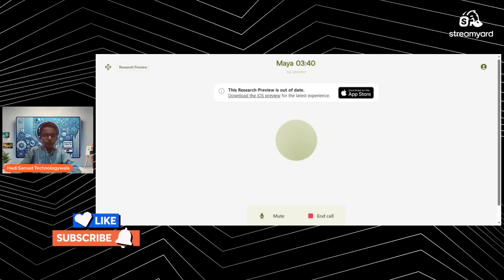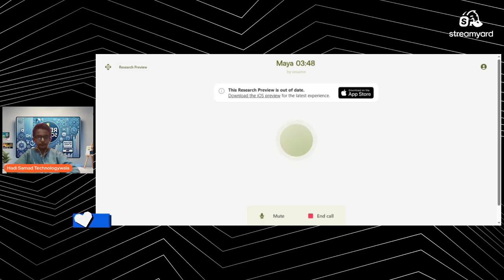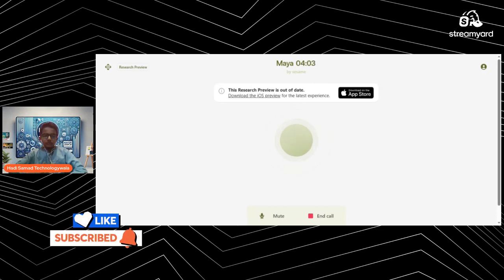Okay, Maya, my next question is what is softwood? Softwood comes from gymnosperms, which are mostly conifers, the trees with needles and cones, like pine or cedar. They generally grow faster than hardwoods and have a simpler internal structure, which makes them easier to cut and work with. That's why you see them so often in framing for houses or for things like paper and pencils.